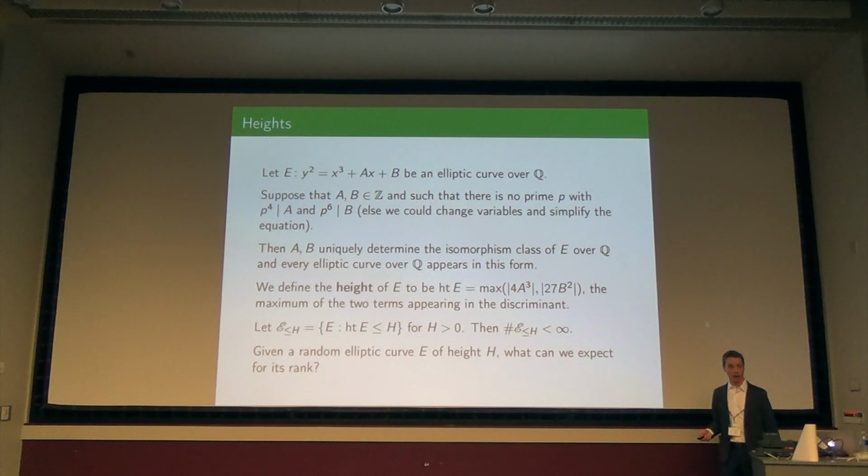So to make that rigorous, you could do something like look at a slice of height h to 2h, or I could take all of them from 0 up to h, and then I could say what is the distribution of the ranks that I took out of them. But I hope intuitively it's clear. Somehow we expect the rank to be a function of how complicated the curve is, and I'm claiming that, as a coarse approximation or as a heuristic, a good measure of that complexity is the height.